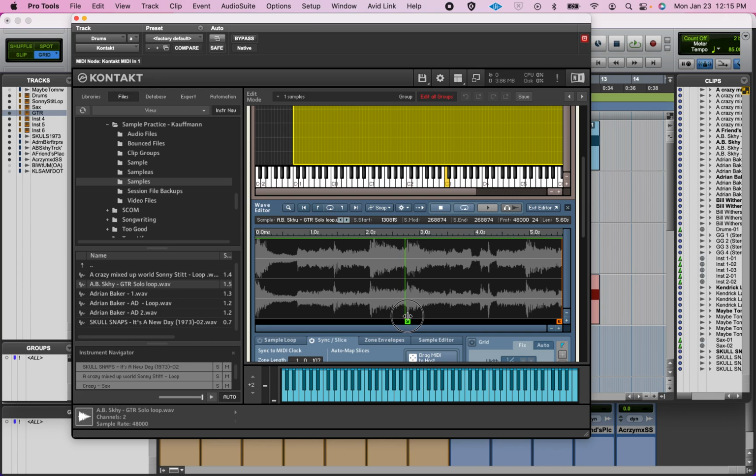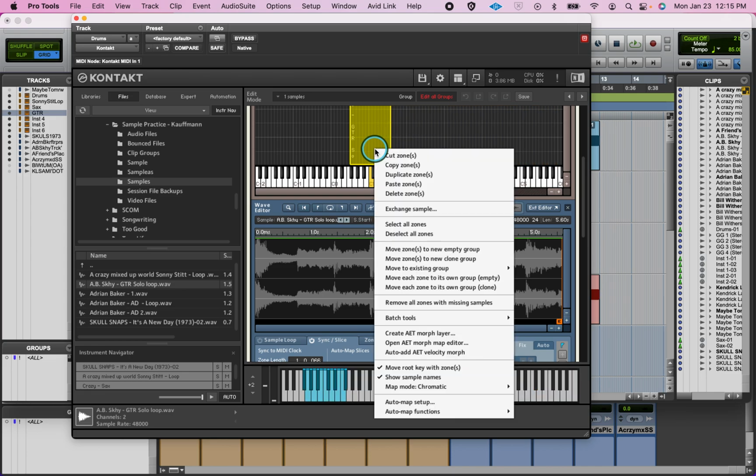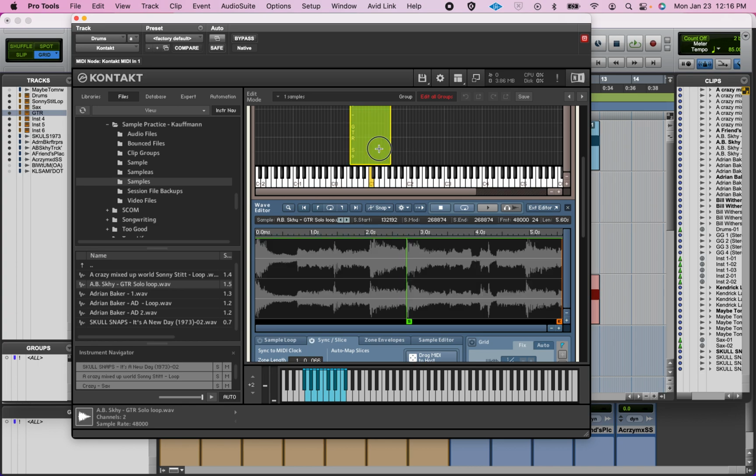I'll do it there. Actually, I really like this idea. I'm going to keep going. Put that over there. I can Control-click and duplicate. All right, I don't want these overlapping. And at the moment, I'm sticking on C, on the root. This one, though, I'm going to do this hit right here. So if I go to my keyboard,